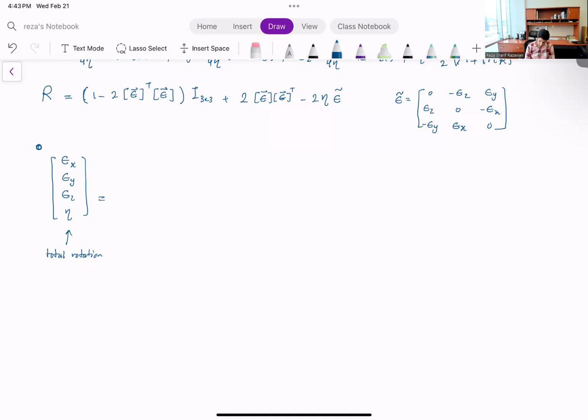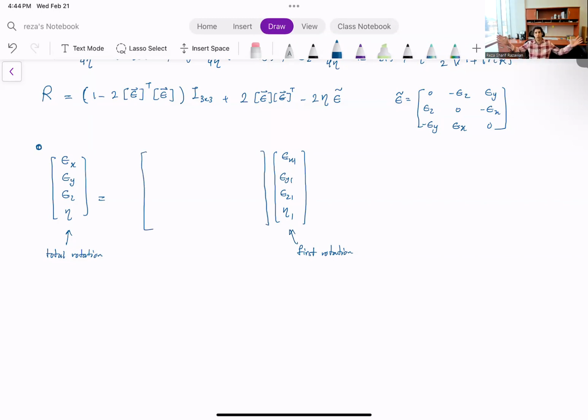two consecutive rotations. The first one, I'm going to put it here: epsilon x1, epsilon y1, epsilon z1, and eta 1. So this is my first rotation. And for the second one,